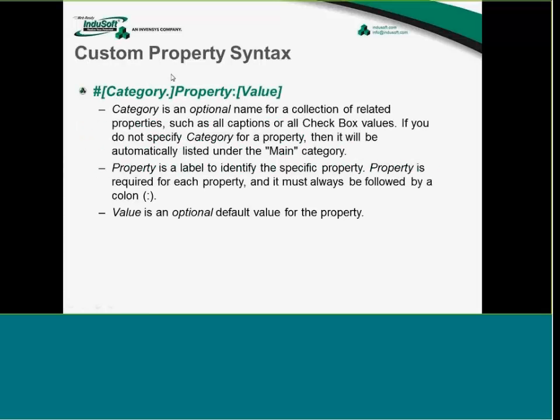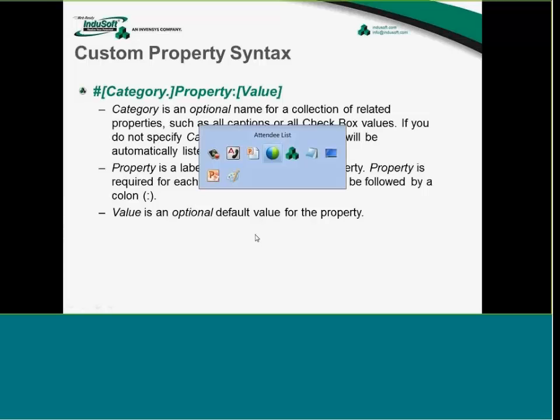the idea here is you have this custom property syntax, and I've copied and pasted this directly out of our technical reference. And today I'm going to just ignore this category. It's an optional way to further name or further categorize or stratify the properties. But really what we're looking at is this pound sign in front, the property, a colon, and then optionally a value. And this property and this value